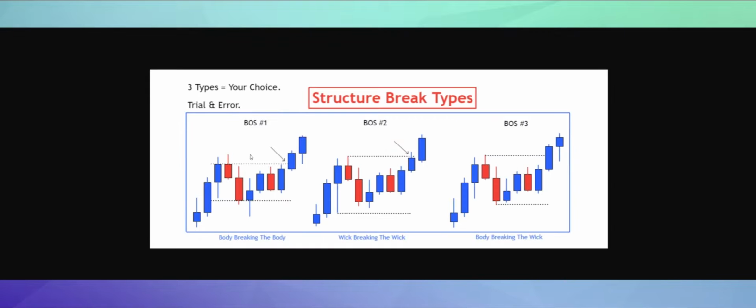For me personally, I like using break of structure number 1 and break of structure number 3. I have been leaning more towards number 3 lately. But again, it's completely trial and error. If you prefer wick breaking the wick, if you think that's more consistent for you, then that's fine. But through backtesting them all personally and using them when forward testing, I found that this one's the